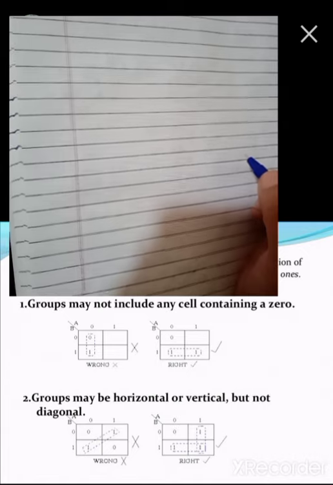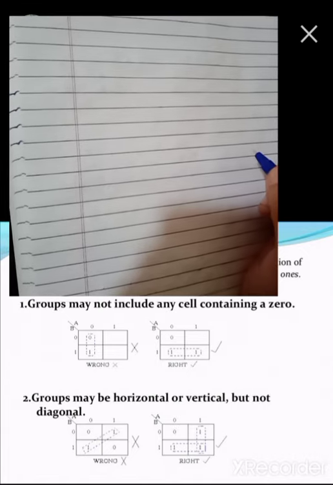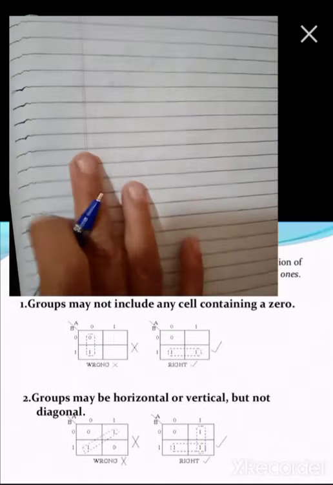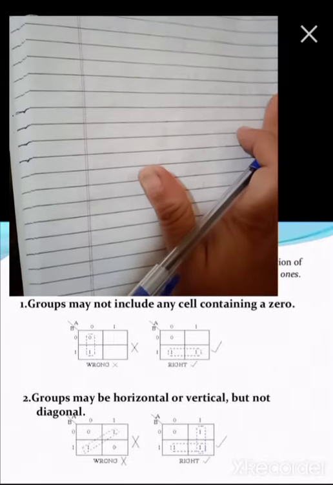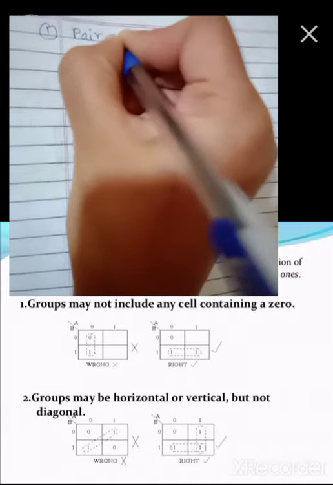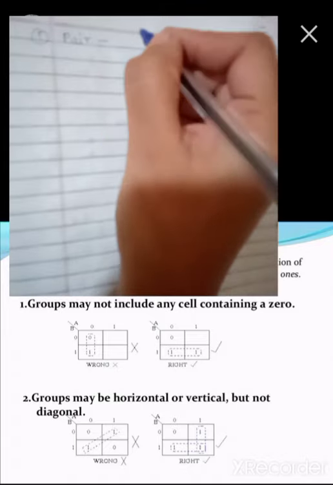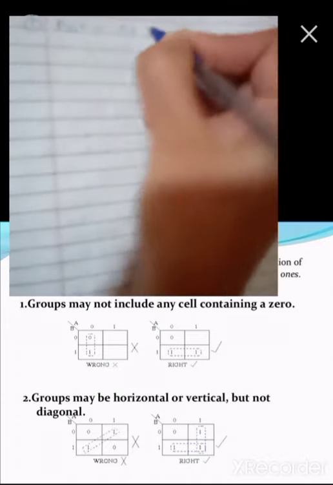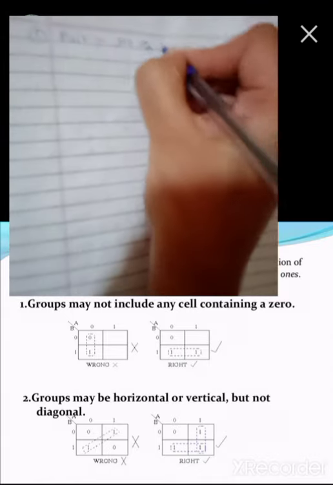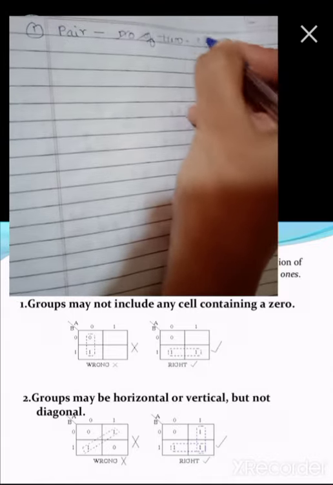So pairing is shown in your slide, then we'll see how to do that pairing. Now whenever we plot the K-map, there is a way of grouping. The first way is pair. That means a pair of two ones, or we can say that grouping of two ones together is called a pairing.